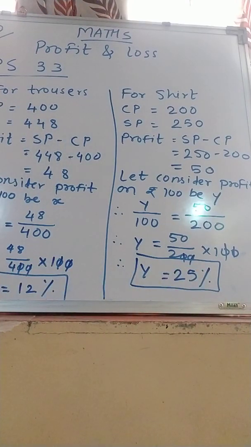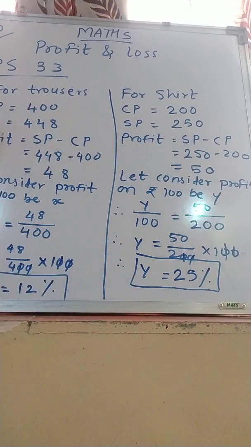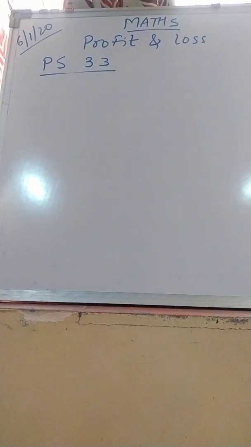So, in which transaction is Maganlal more profitable? In the transaction of shirt. Understand? Now, take the second one. Second problem is, Ramrao bought a cupboard for rupees 4,500 and sold it for 4,950. Shamrao bought a sewing machine for rupees 3,500 and sold it for rupees 3,920. Whose transaction is more profitable?